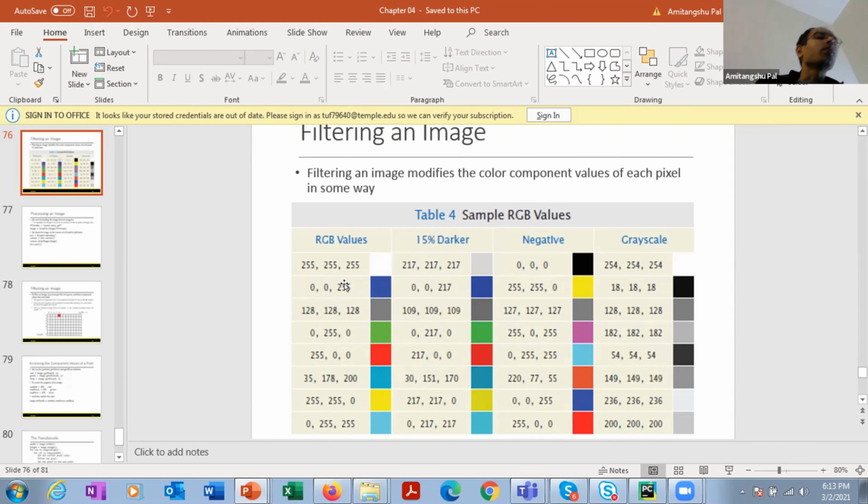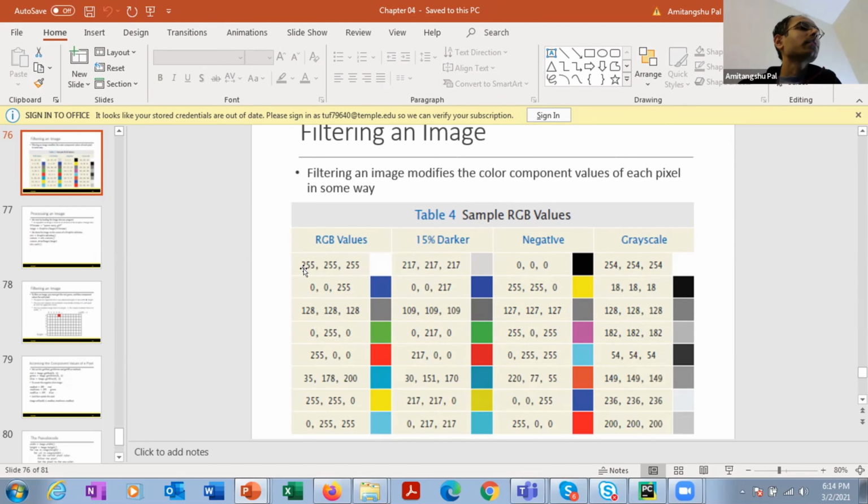Now if I give you an image and ask you to make that image 15% darker, then what are we going to do? 15% darker means you need to reduce the intensity level by 15%, right? More intensity means it is brighter, less intensity means it is darker. So if I ask you to make an image 15% darker, you need to reduce the corresponding intensity level by 15%.